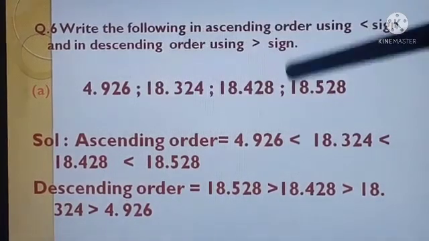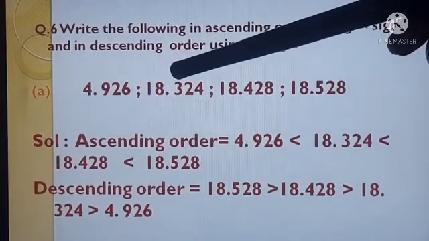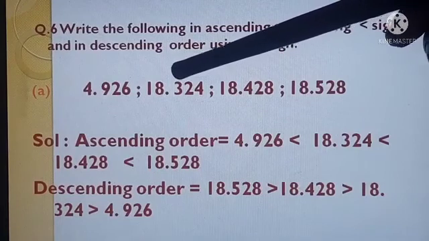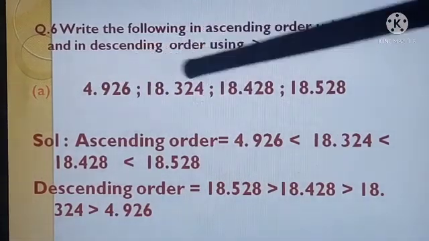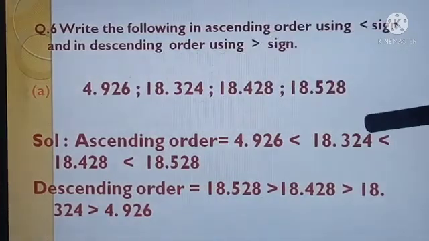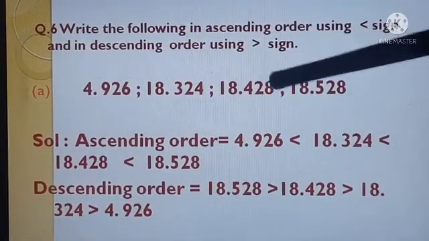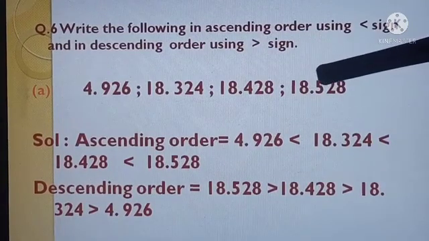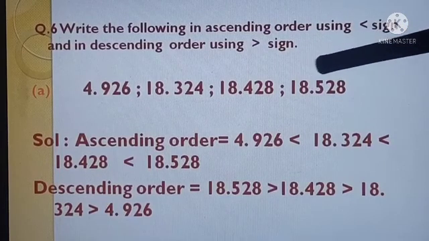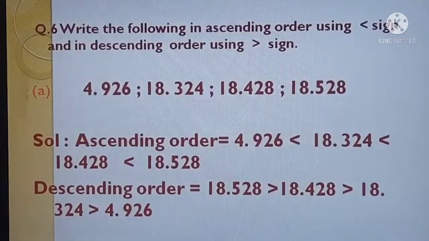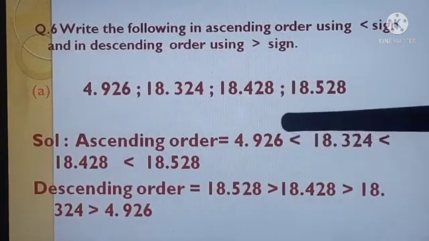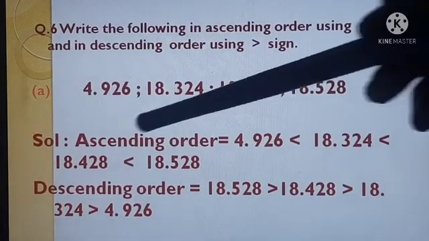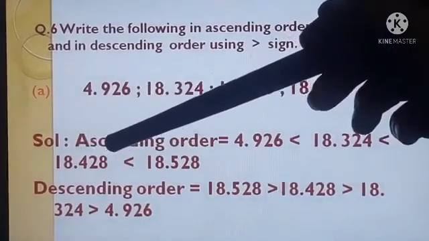Then next, 18, 18, 18 are same. Now we will check 10th place, 3, 4, 5. So 3 will be written first. Okay. So after 4.926, next number will become 18.324. The next will be 18.428 because now 10th place is containing 4 and 5. 4 will be written first in ascending order. And then last it will be 18.528. So our ascending order will become 4.926 is less than 18.324 and 18.324 is less than 18.428 and 18.428 is less than